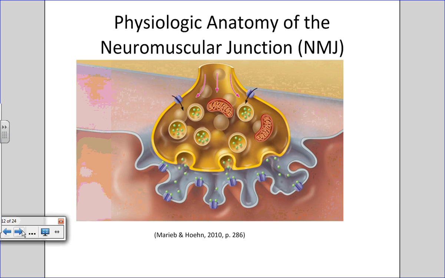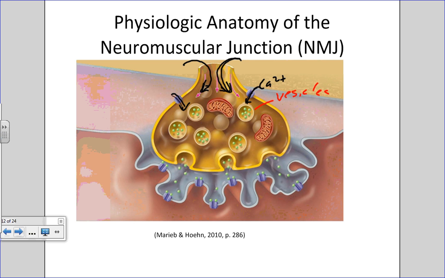What's going to happen then is there's a series of events that takes place at this neuromuscular junction. So again, that electrical impulse, that action potential is going to travel down to this bouton or this bulb. Okay, and that electrical disturbance of this synaptic bulb is going to stimulate the opening of calcium gates. Okay, and then calcium will diffuse into the very end of this nerve cell here, and that's going to stimulate these little structures in here called synaptic